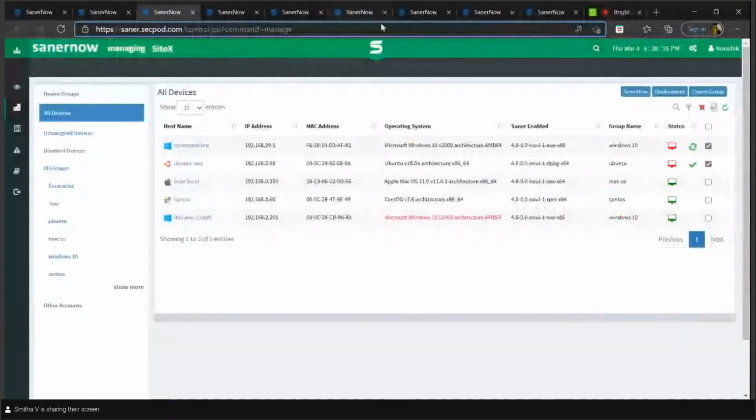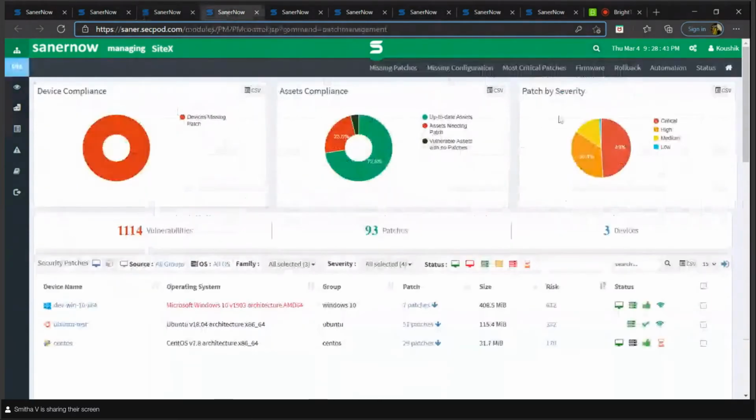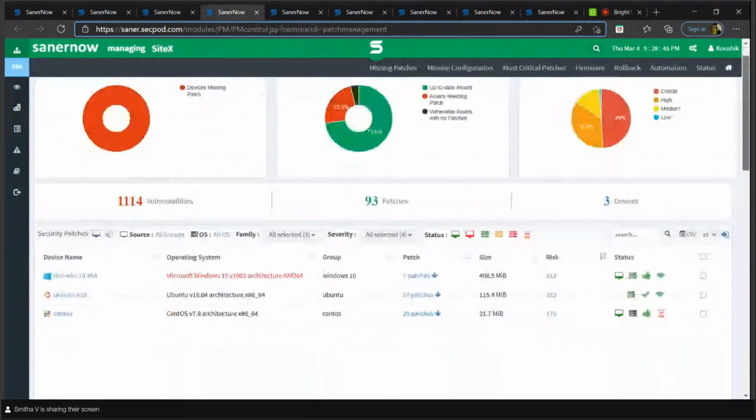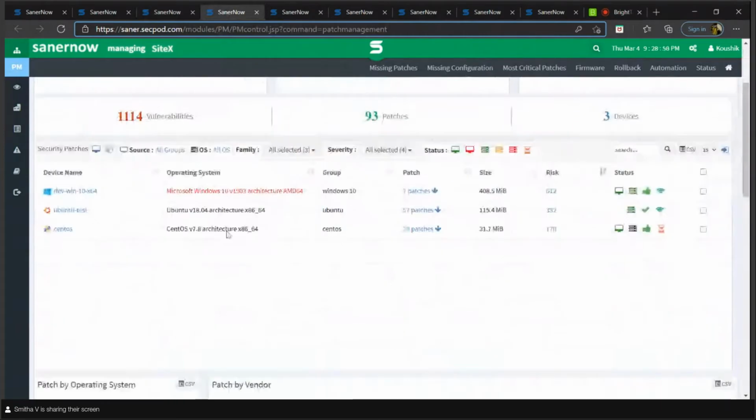To dive into the patch management section, user should click on the icon and you will be able to see all the provisions under this. User can just click on patch management or the PM icon. Once user clicks on the PM icon, he'll be able to see this informative dashboard. This dashboard itself will give you a lot of information on the number of patches that